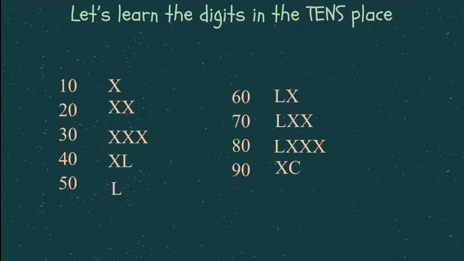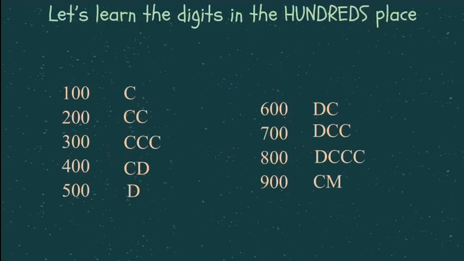These are the symbols used to represent the numbers in the tens place. As you can see, we have repeated X not more than 3 times in a row, and wherever the smaller symbol is placed before a larger symbol, it gets subtracted, as in XL, which is the representation for number 40. And similarly, in the representation of number 90, we have used XC, where X will be subtracted from C. And these are the representations of the numbers in the hundreds place.